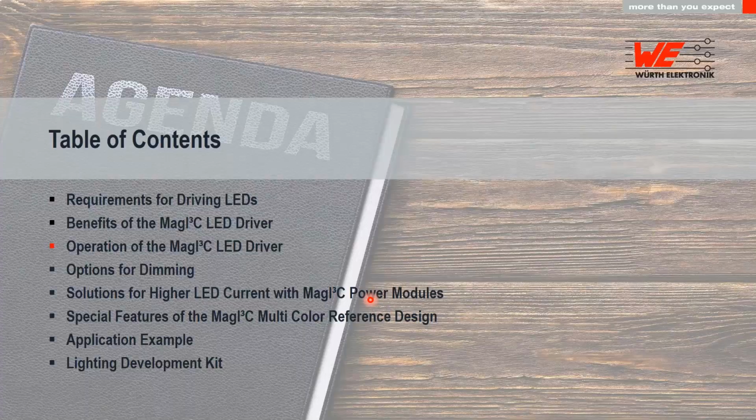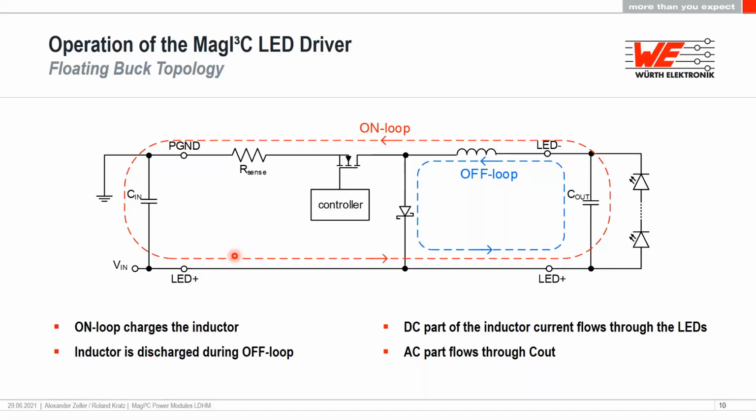For the operation of the MagIC LED driver, you see a simplified schematic of the LED driver. This MOSFET can be turned on or off, and we go fast through the two loops. If this MOSFET is at 0 ohms, you will have a current flowing according to the red dashed line. The AC part of this current flows through the output capacitor. The DC part flows through the LEDs. Then this overall current charges the inductor